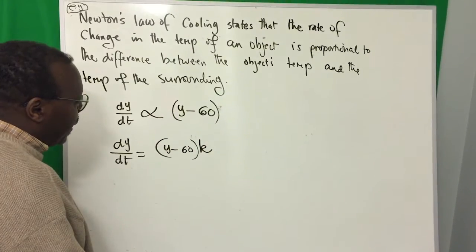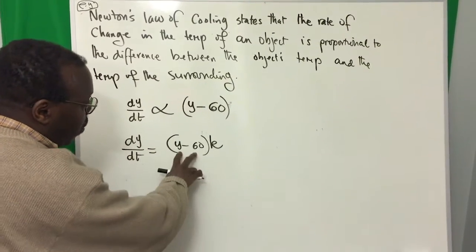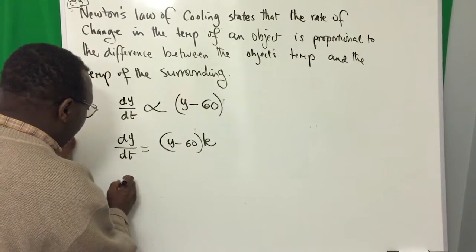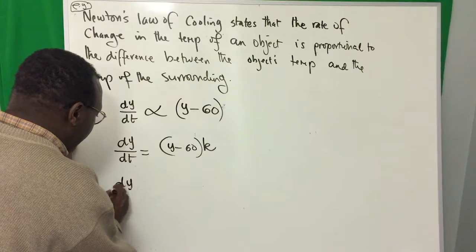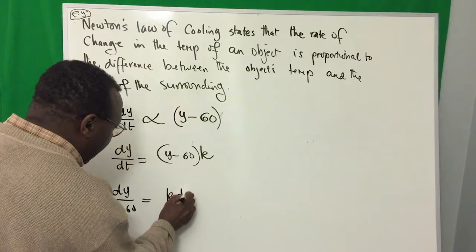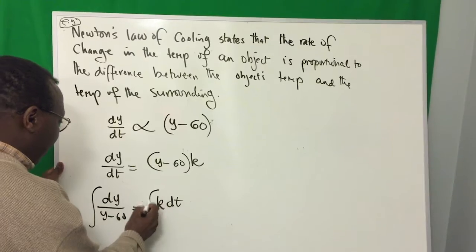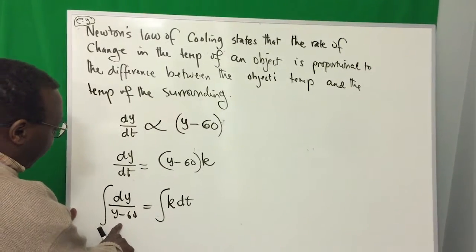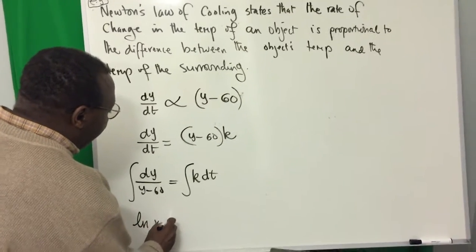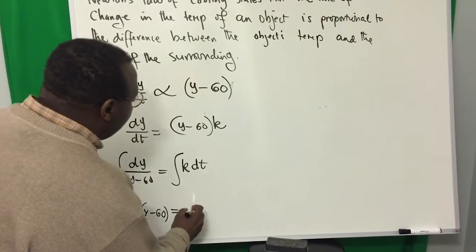Next thing is to solve this differential equation. We separate the variables. Y minus 60 goes down there, dt goes there, like we've done before anyway. So dy over y minus 60 is equal to k dt, and then integrate right there. So left side will be ln of y minus 60. Right side will be t